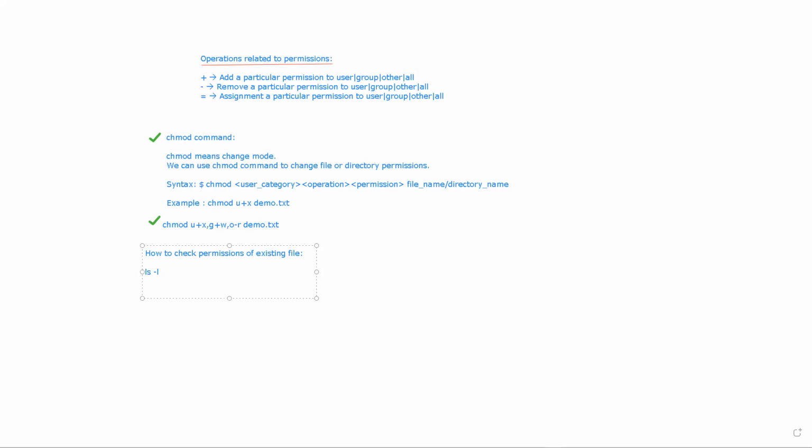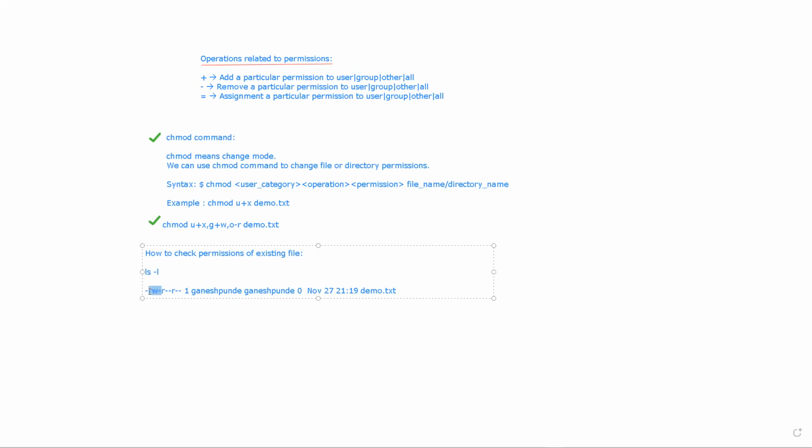Let's say you have some demo.txt file, right? So it will give you the long listing like this. So in this case, you can see the first part is the type of the file.